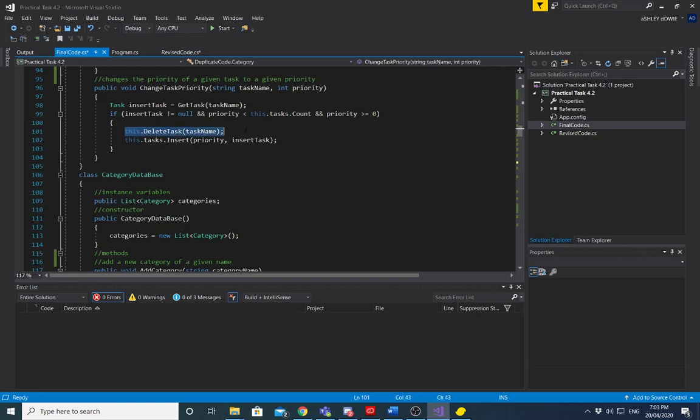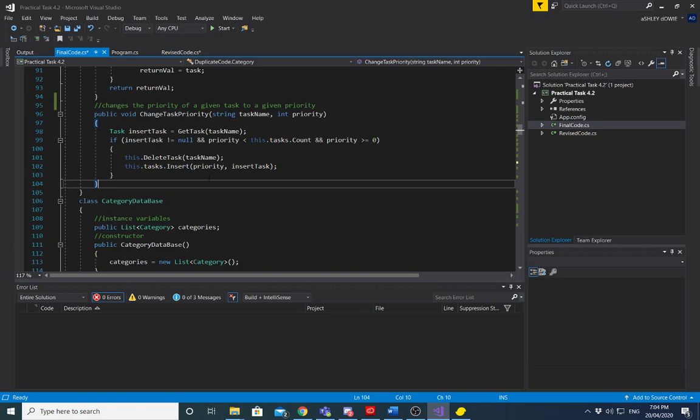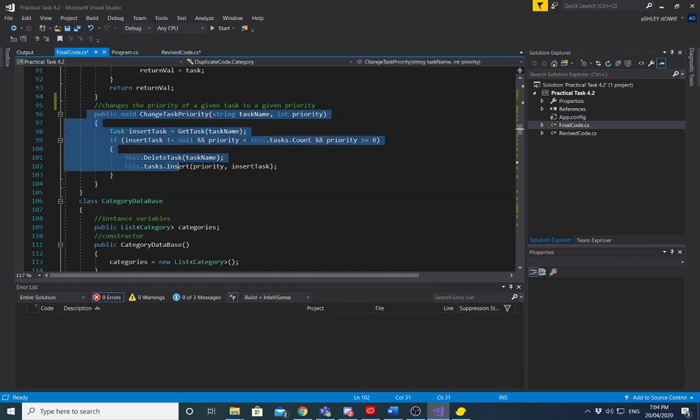Then it will remove the task from the list it's in, and then put it in the new given list. This is also called later on. A lot of this is to be used internally by